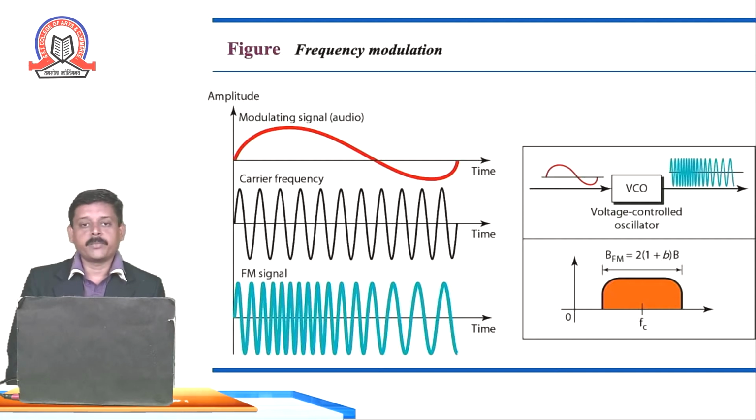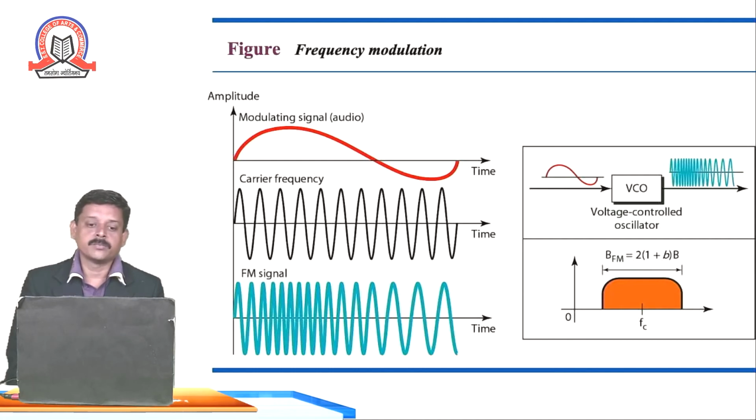Let's see in the diagram. As you can see in the diagram, a signal which has a frequency is modulated with the carrier frequency, and where we have the higher amplitude, the density is high, and where we have a lower amplitude, the density is low. So the frequency has been controlled by the oscillator. So we need to use a VCO, that is, a voltage controlled oscillator, for modulating the frequency of the given